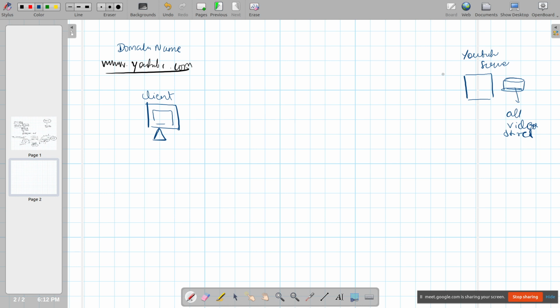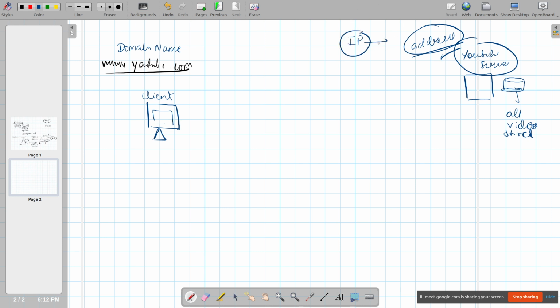To ask the server, first of all you must know where this computer is. For example, if I want to reach your home, I must know your address, right? So computers also have addresses or names through which you can find them. If I want to come to your home, I will ask what is your name and what is your address, so that I can find you and come, right? Similarly, every computer connected to a network will have an address. Any computer connected to Wi-Fi, internet, or whatever network will have some address which is called an IP address.